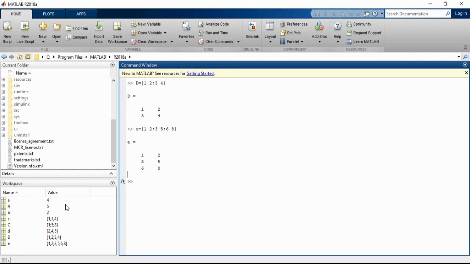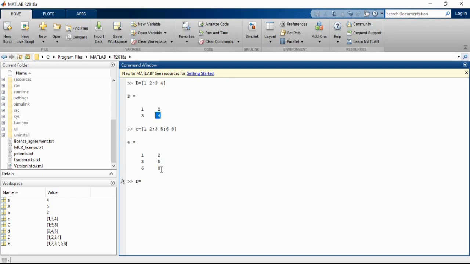Okay. Now let's say, for example, you want to change the data. The process of changing the data is that you can directly create the variable again. Let's say the variable d has already been created, having 1 2 3 4. Now I want to change the fourth element.